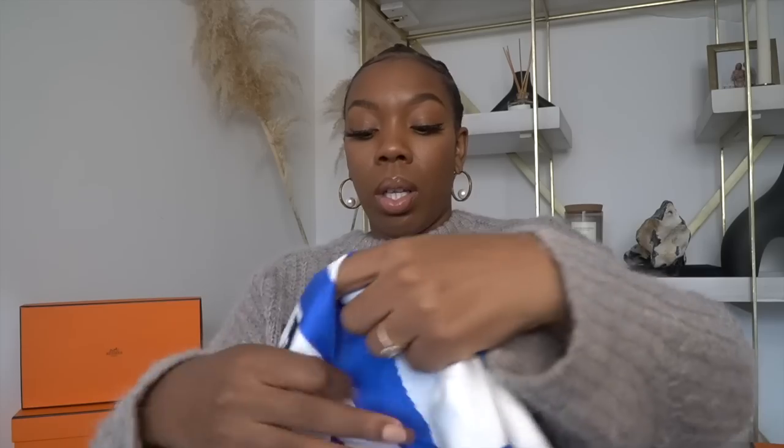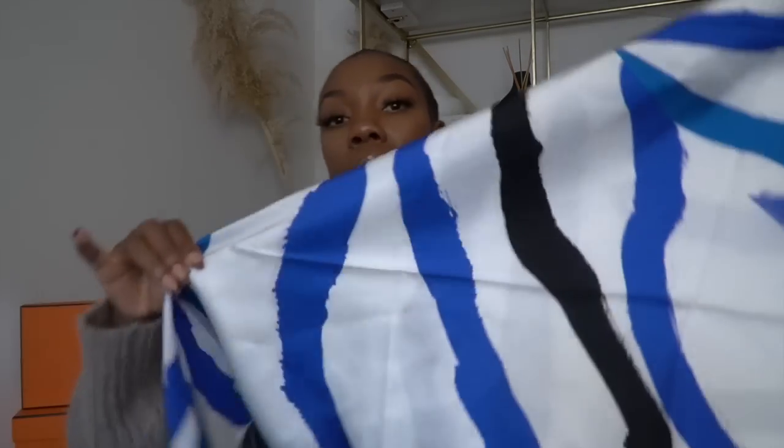Next are the scarves. I got quite a few scarves actually. So I bought this lovely blue, white and black scarf. Sorry, the lighting in my living room is just pants. And obviously you can wear it over your head. I'm not going to put it on because I've got makeup and I don't know if I want to keep this yet. But obviously you can also style it this way, around your neck,